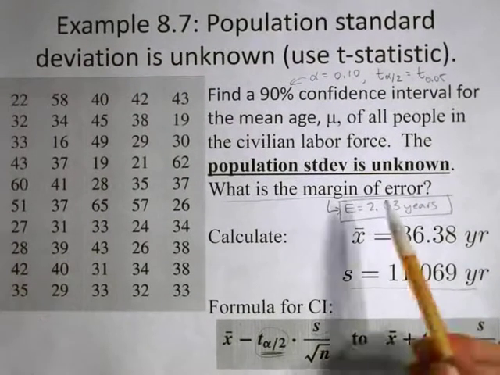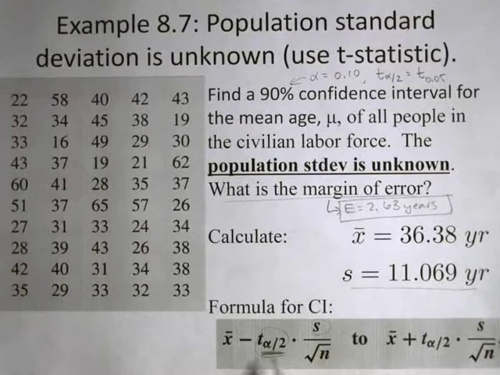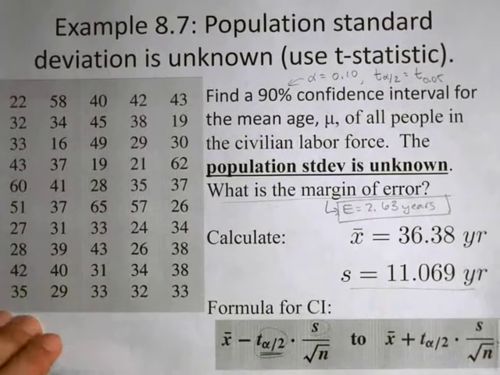So just to recap, doing these problems using the t table is exactly the same procedure. We're just looking up the value of t now instead of the value of z. Otherwise, everything else is